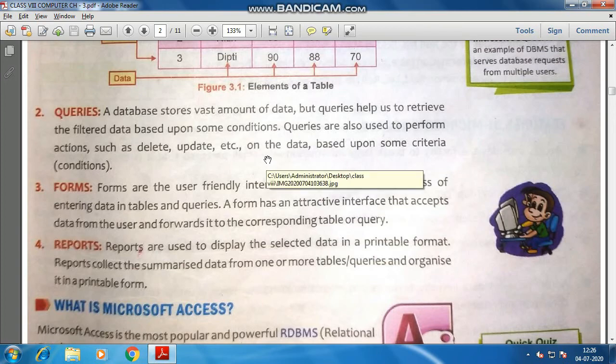Similarly, queries also work on a searching technique. Whatever data you want to retrieve or fetch, you can get it by writing some words in the search box and clicking the search button. That means you are querying for some words.